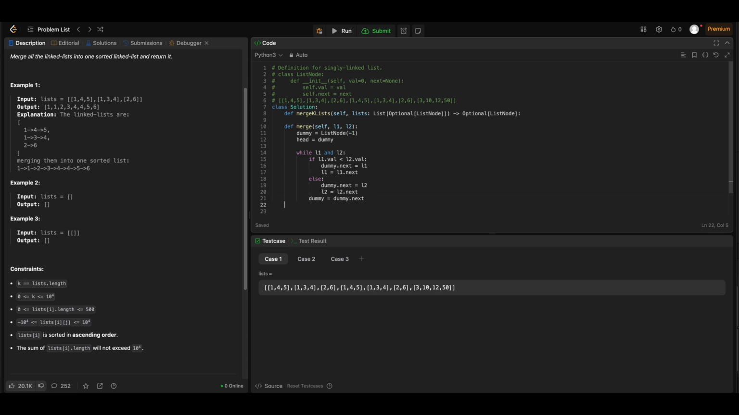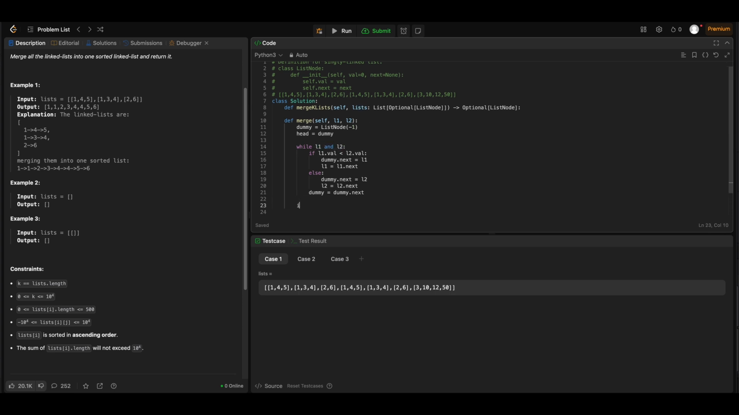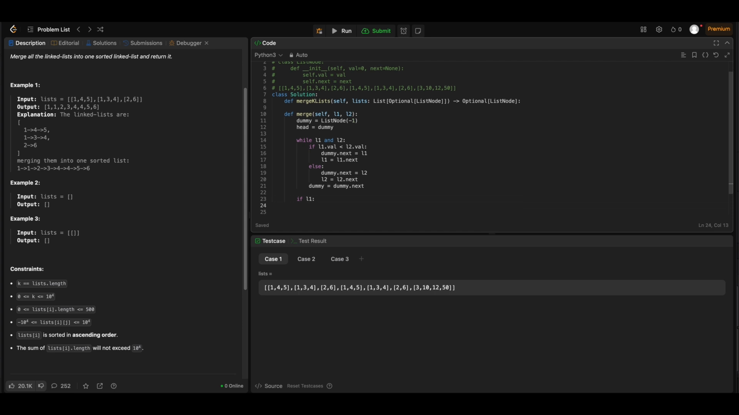Also, there could be a case where we have lists of differing size. For example, in this one, 2, 6 has a length of 2, and this one has a length of 3. That means this condition won't handle that case, so we have to add an extra check. If L1 still has remaining nodes, then we simply append it to our dummy.next, which is the resultant list, which